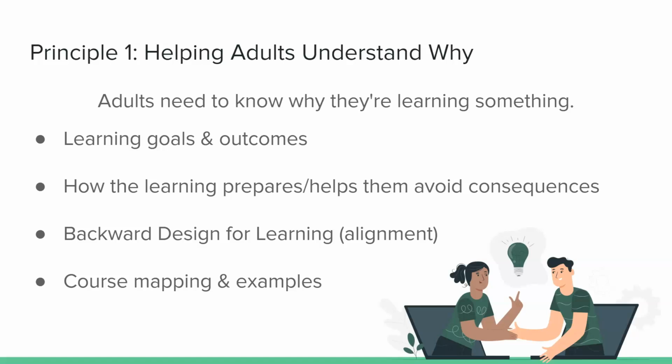But the idea is you start with the outcomes, then you design the assessment, and the assessment might be, how do you know that they can do the thing, right? Do you know because you've given them a quiz and they've answered the questions correctly? Or do you know that they can do the thing because you've observed them practicing the skill? Or do they need to write an argumentative essay about it that shows you that they know what they're talking about, right?